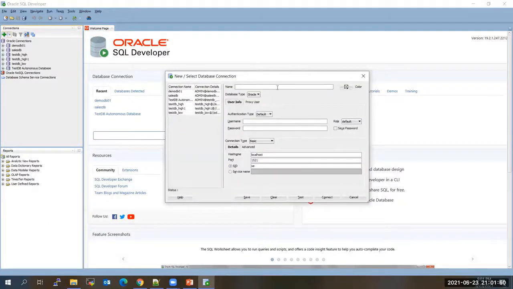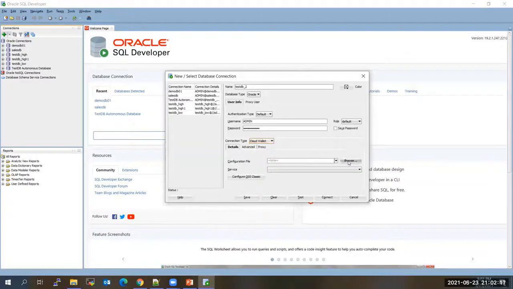Here give any name. Select the authentication type as default, and the username should be admin. The password is the one which you gave for the admin user while creating the database. The connection type should be cloud wallet.